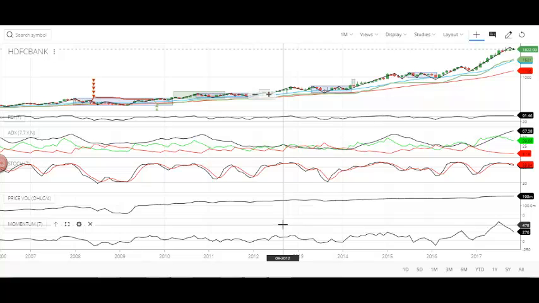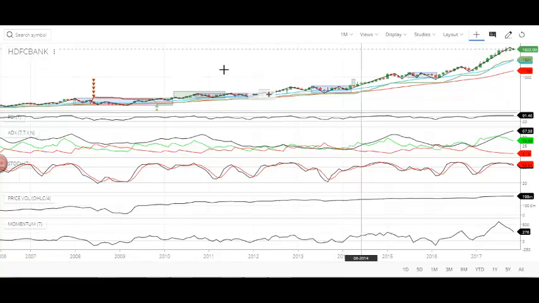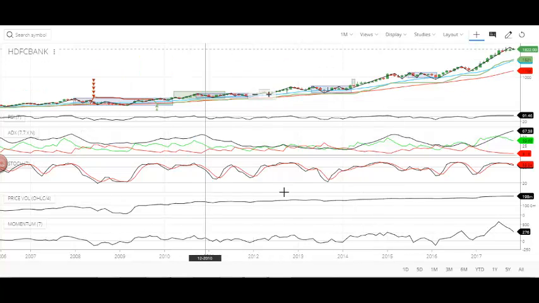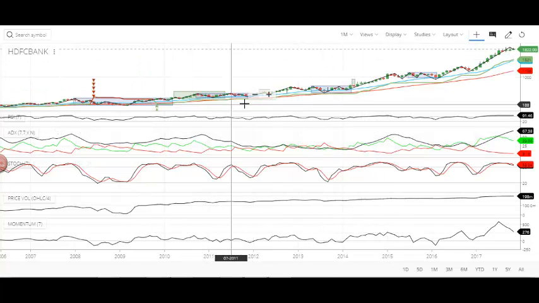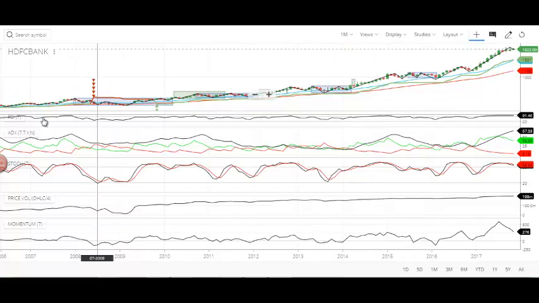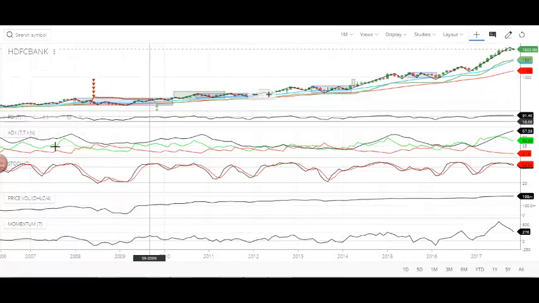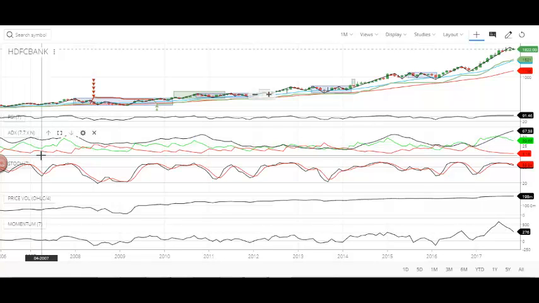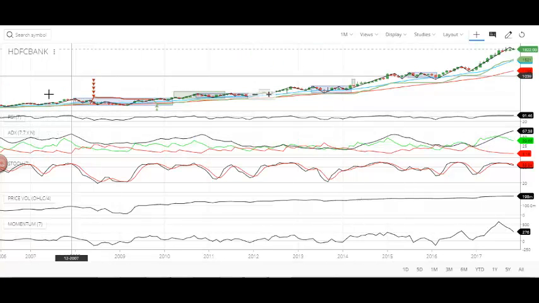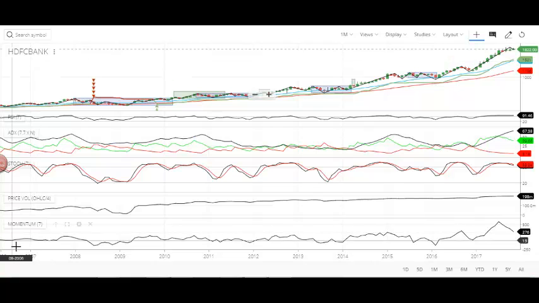Today we are going to do the technical analysis for HDFC Bank stock. HDFC Bank is the ticker name, and what you're watching is the monthly technical chart of the stock. This is the historical price chart of the stock, and these are all the technical indicators deployed on the stock, and these are all the graphs generated by the technical indicators, right? Regarding HDFC Bank, we have data since 2006 onwards up to